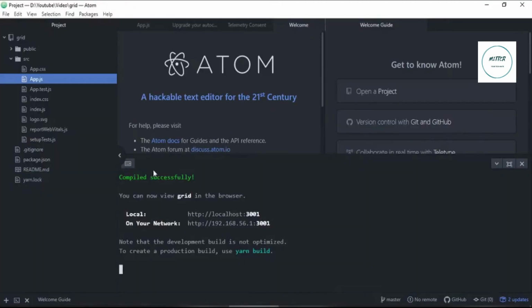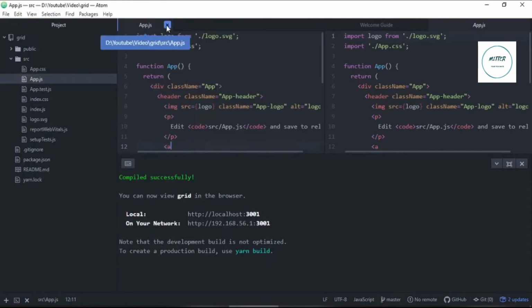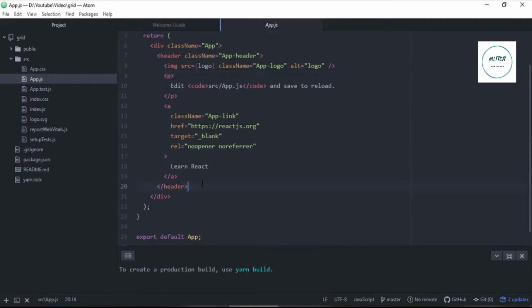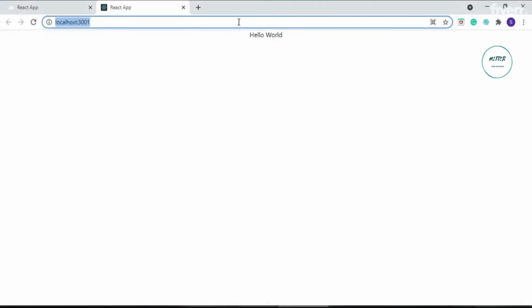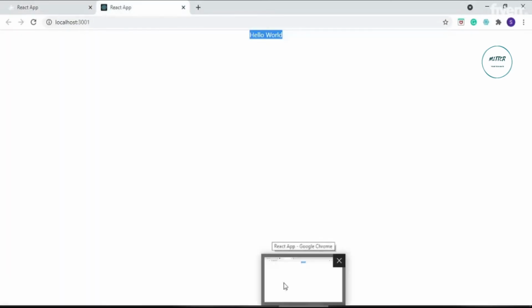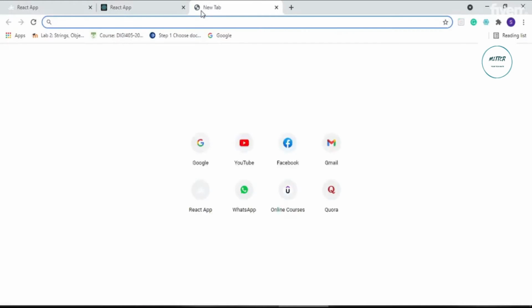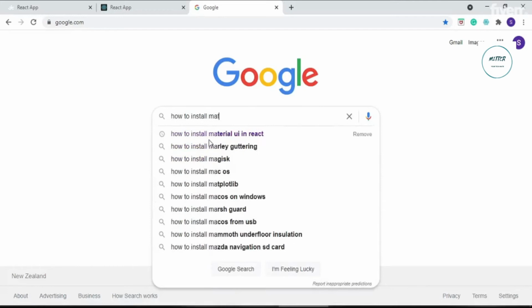So first of all, let's go to app.js in our create React app, and let's delete all the default things here, and let's put hello world just to check if everything is fine. Okay, so now my app shows hello world, but actually what I want is to show something like this, a layout something like this. So for that I'll be using Material UI. So first I'll show you how to install Material UI.